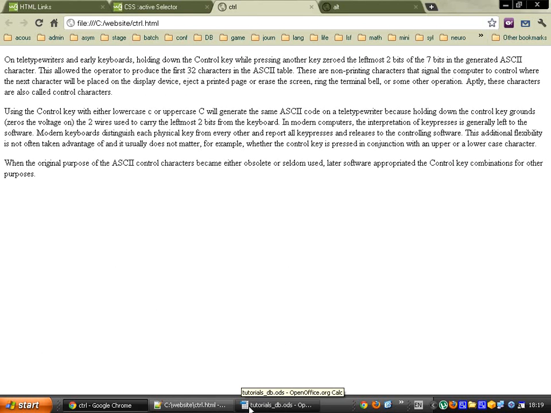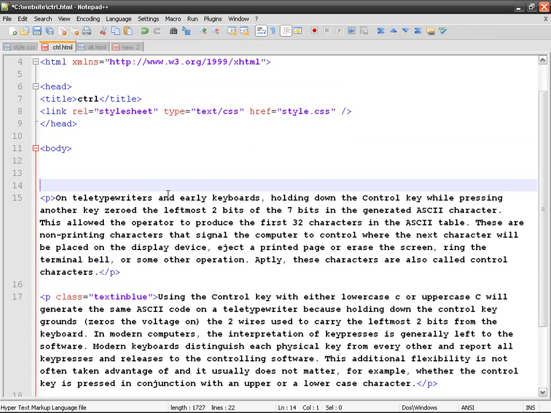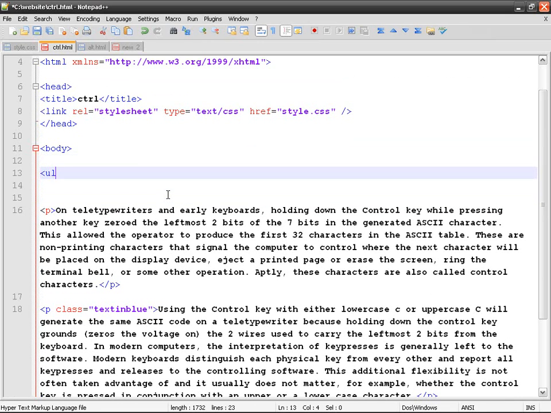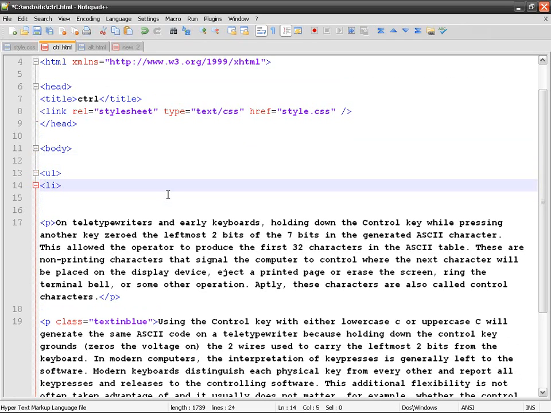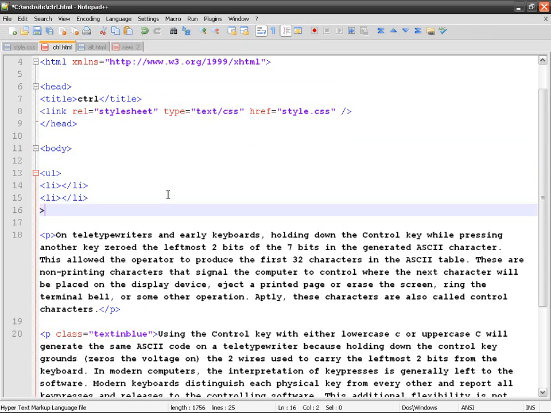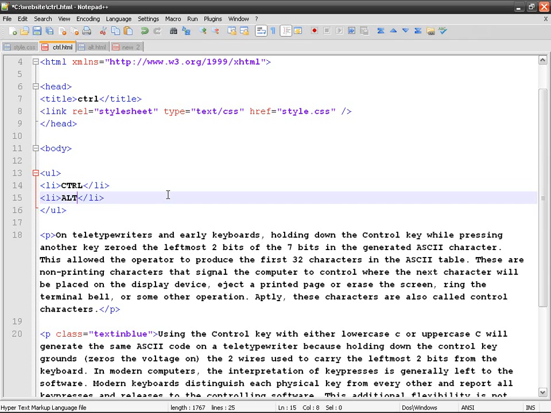So what we're going to do is do something really basic. So we'll start with the UL, LI, and then LI. We need two of them because we've got two pages for the time being. And so the first one is going to be, we're going to call it CTRL, Control, and then Alt, because we've got two pages, the Control, the CTRL, and the Alt. So the Control, we're going to make it into a link,